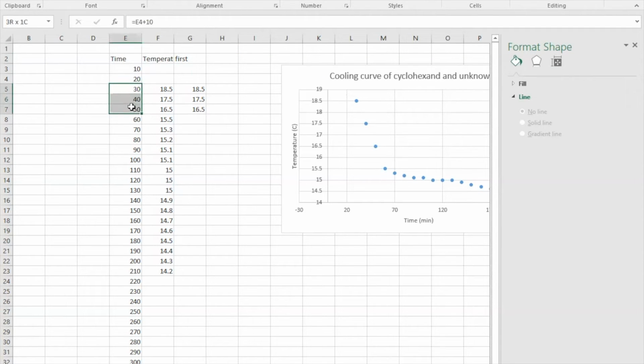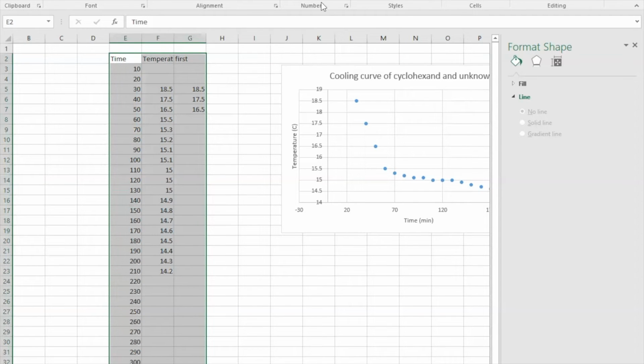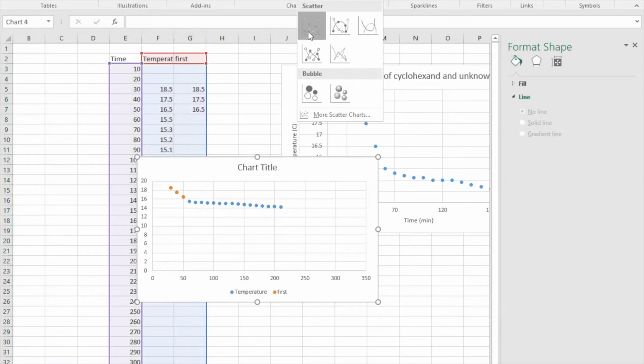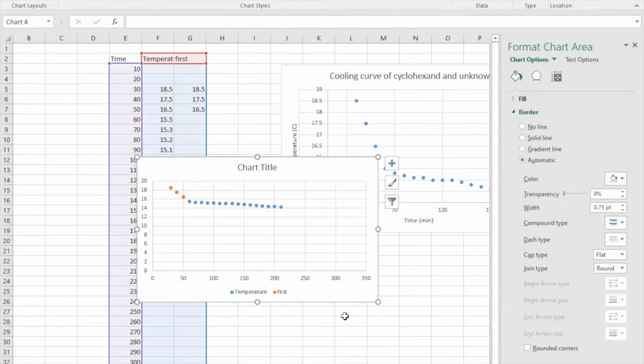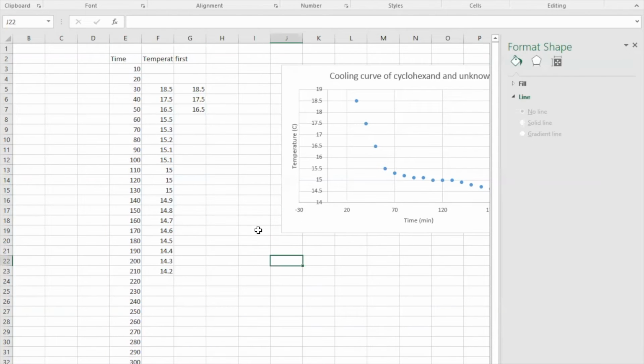Now if you select this data here and then press the Control key and hold it while you shift and drag, you'll just select those 2 portions. And then if you insert a graph, let me see something here first of all. I think that's a better way of doing it. Now that we have the first few data points highlighted for us in separate notation under a column called first,